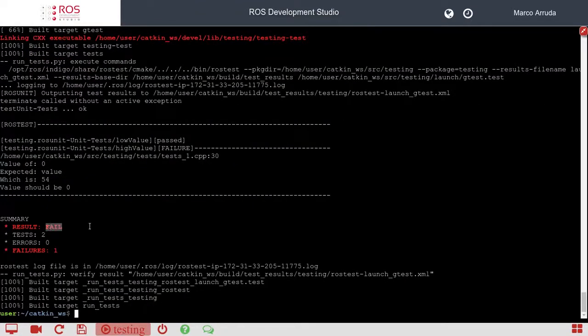And we have a fail here, of course. The low value is okay because we're using a lower value, so we are expecting to have the initial value plus 5, and it's fine, it's working. But after passing 49, we are receiving 54 as the value, okay, and it should be 0. Actually, the test is wrong, or the code is wrong. It depends, because